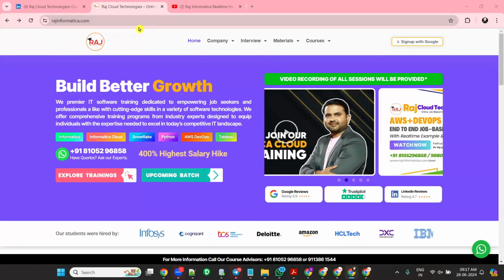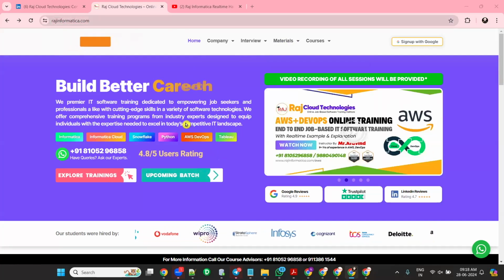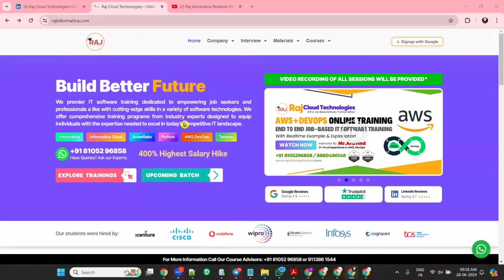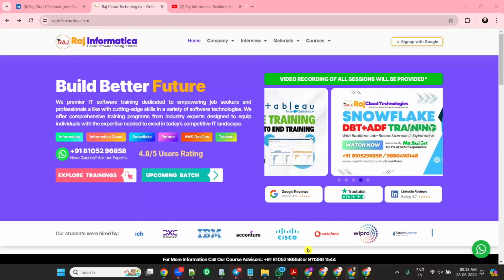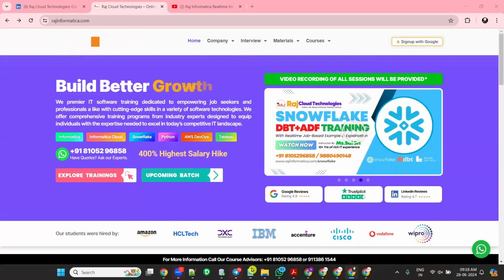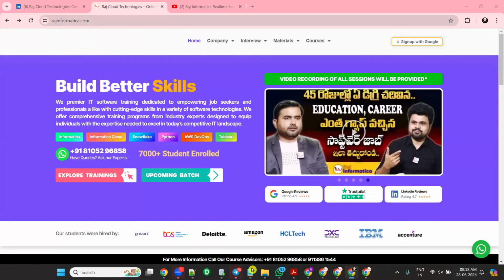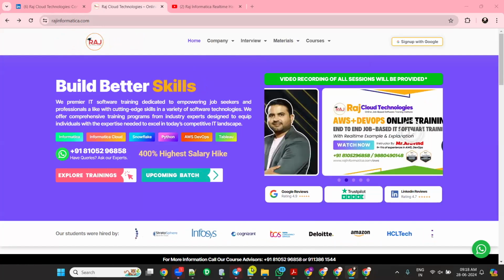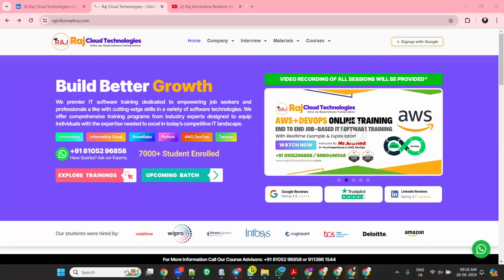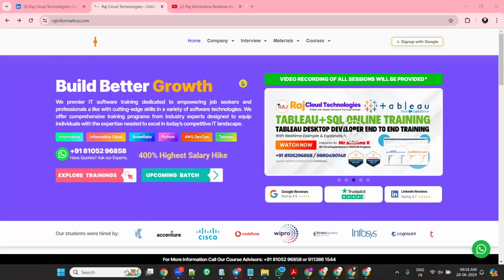Now, today is our DevOps Demo 2 free session. As you know, Raj Cloud Technologies is almost 3 years old. We are trying to give the best to the students. That is why I am hiring the best trainers who have very good real-time experience. One of them is Aravind. Aravind has 9+ years of experience.